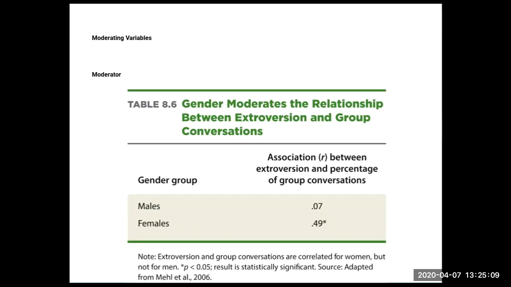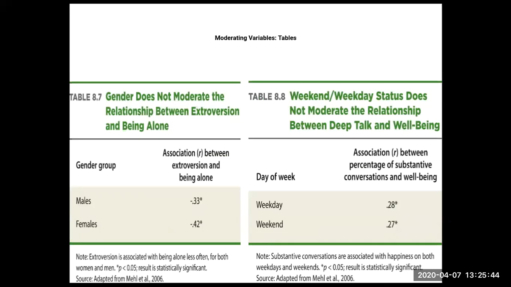Their association is 0.49, right below 0.5. So that's a pretty strong effect size. For males, you're getting hardly anything, 0.07, 7%, very weak, right? If that, less than 0.10. So because there's a huge difference, it seems that females are much more responsible for this association, and males contribute almost nothing. So if the scores are very far apart like this, what we say is gender is moderating the relationship between extroversion and group conversations. Here, looking at where gender, or this third variable, is not moderating